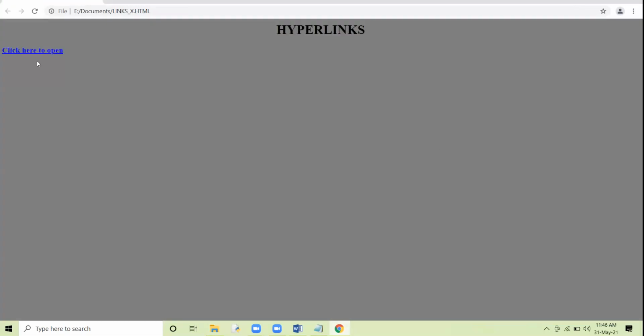Now, see here. The link click here to open is coming in blue color. It is underlined and pointer changes to hand shape symbol. I click on it. See the color has become red. Active link.